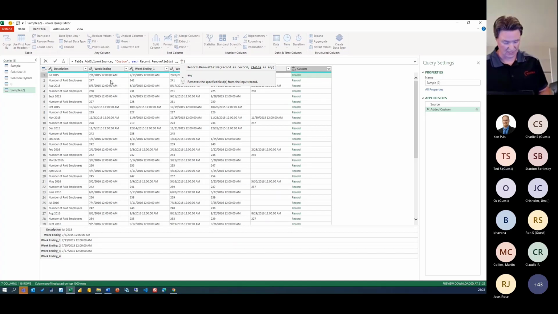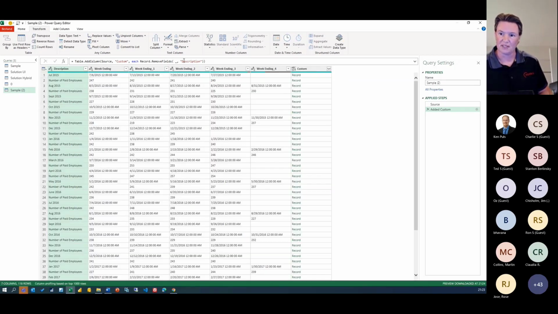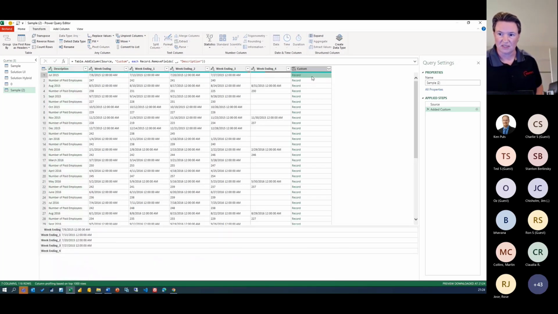So refer to the column by name, or the field by name. And press that check mark at the start. Made an error there. Forgot the closing bracket. There we go. Let's see if that worked. Yeah, that field value is now gone.